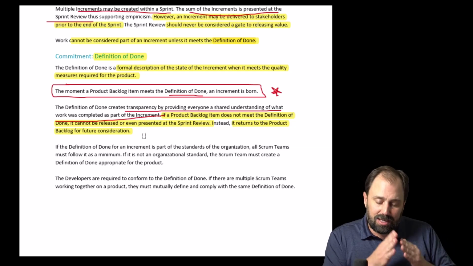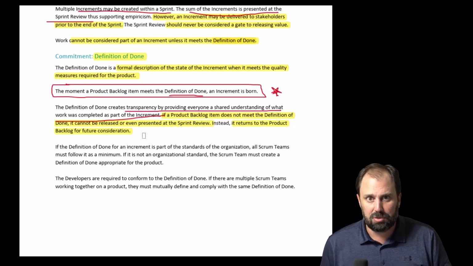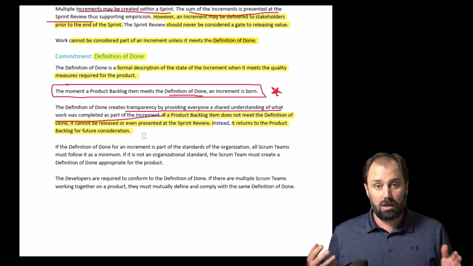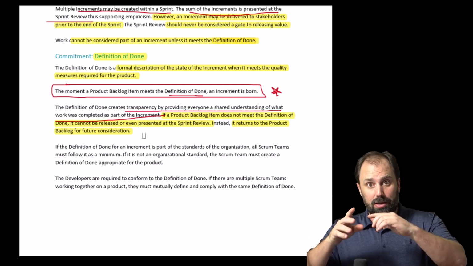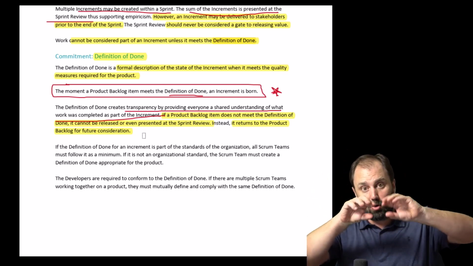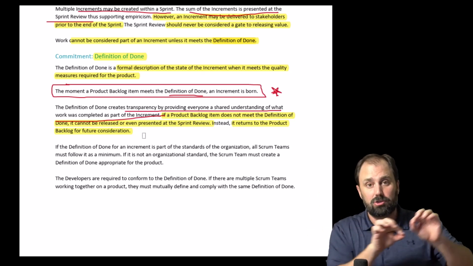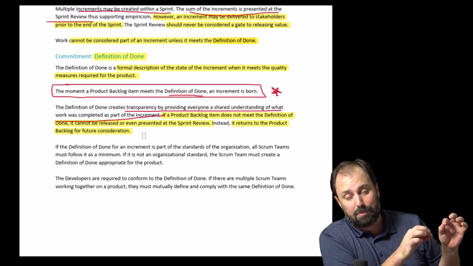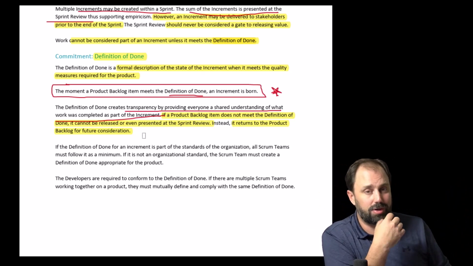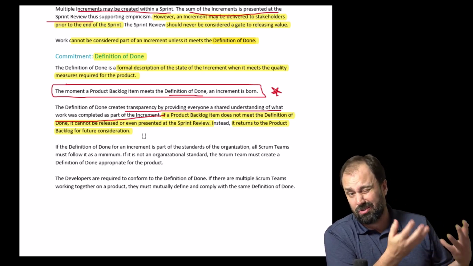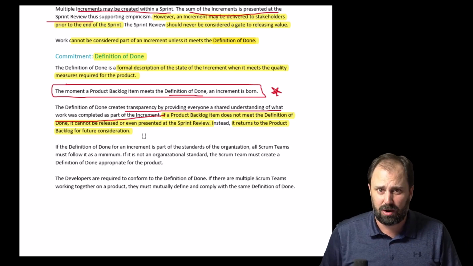That means that if it is not done to the definition of done, or completed to the definition of done, we can't look at it in the review. After the retro, the sprint will end. That backlog item will go from the sprint backlog. It'll be like 87.3% done, whatever. It'll go back to the product backlog. And the product owner has a decision to make. We've invested this time, this money, this stuff. We learned this. What do we do now?